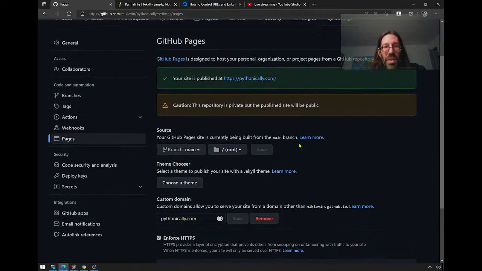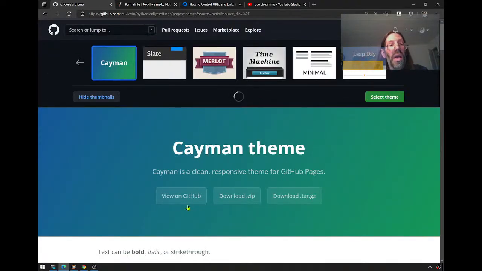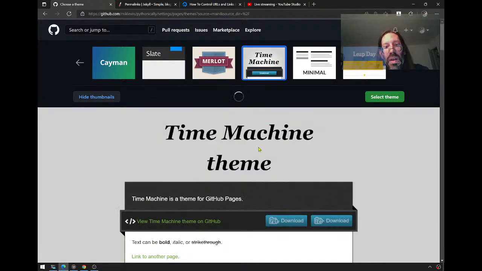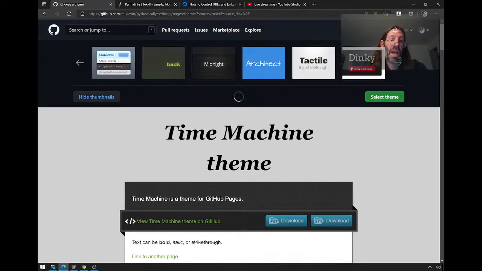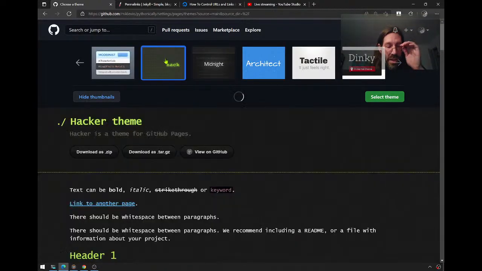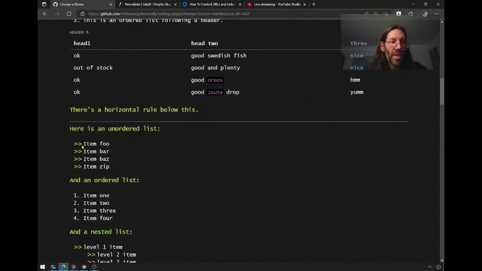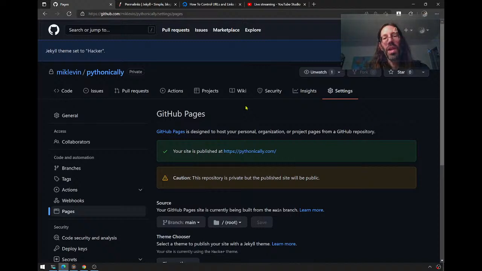And now what I do is I hit choose a theme. I currently have the Cayman theme chosen. And what I'm doing is I'm chopping off all the banners at the top. So whatever I get is really going to be what's beneath this point here. So it's not going to look as good. I love the Hacker theme. So I think I'm going to use that for now just to give it a nice high-tech look. I'm not thrilled about these arrows they use for bullet points, but it's nice. So I select that theme, and that's all you really have to do now to make that